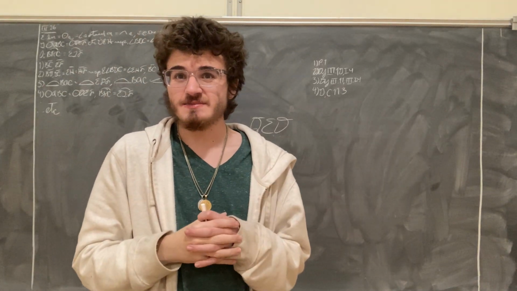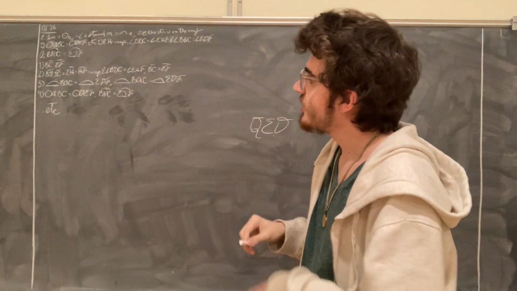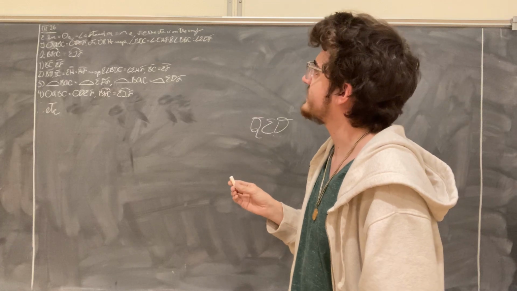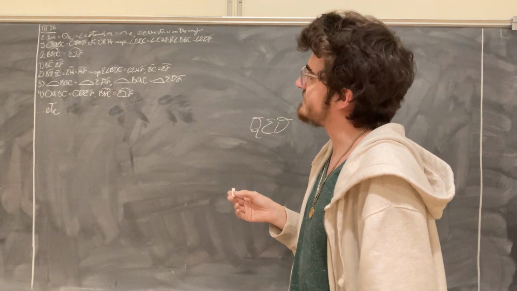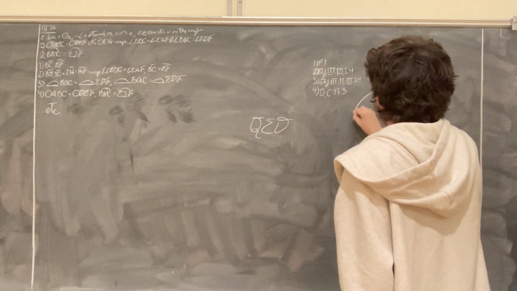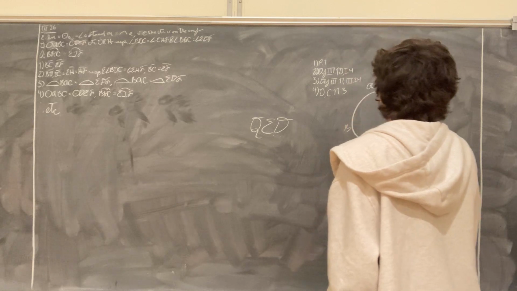Hello, this will be a demonstration of proposition 26 from book 3 of Euclid's Elements, which states that in equal circles, equal angles will stand on equal arcs, whether the angles be at the center or on the circumference. What this means is that we are given two equal circles, A, B, C,